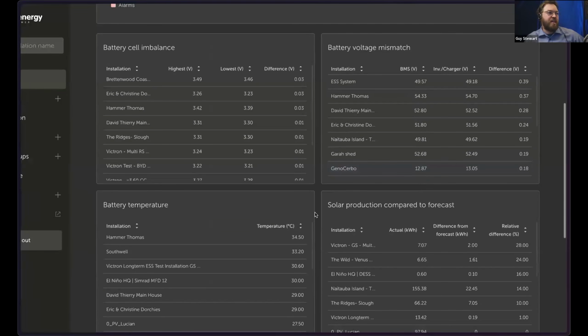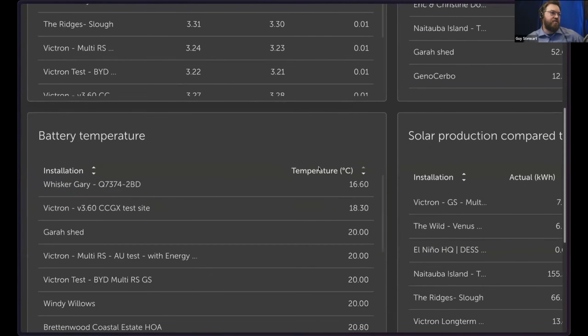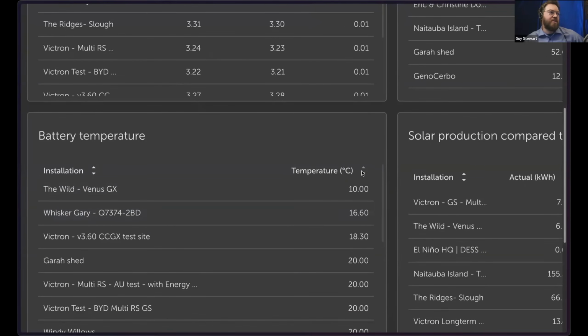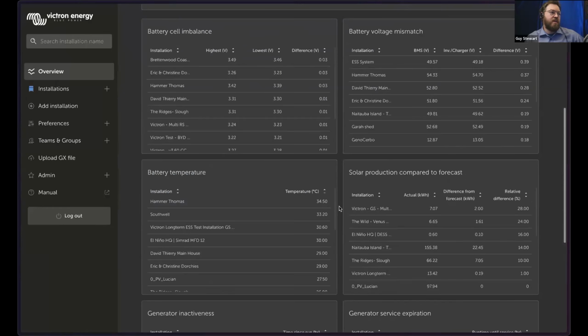Yeah, battery temperature is another one. It's a safety issue as well, both high, and of course you can click the top here and sort to low. In very cold climates, you don't want batteries to be very cold because that's going to affect their charging speed, especially lithium batteries. You don't want batteries to be very high either. That's a fault situation as well. If you see a system consistently high, well, that battery is going to die prematurely. Basically, it's going to age out, and it's a good idea to control that.